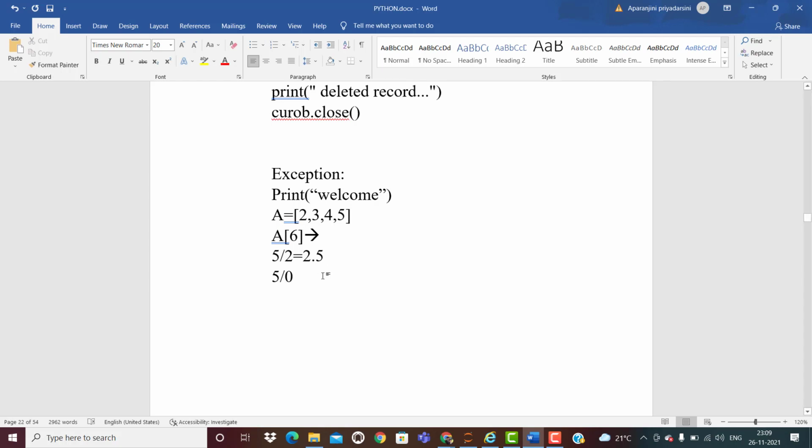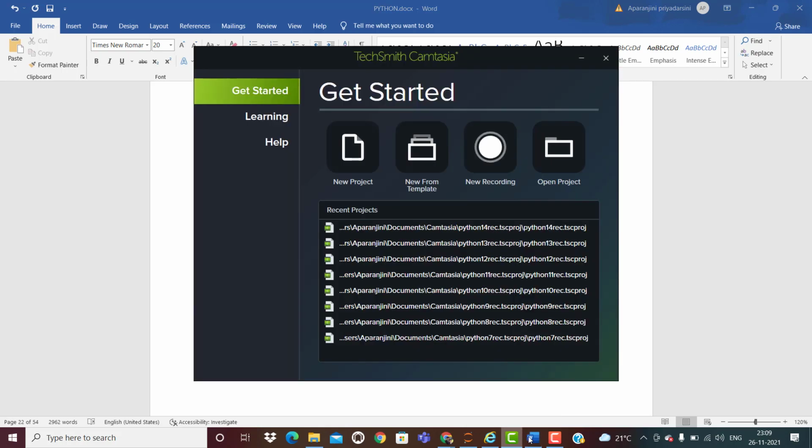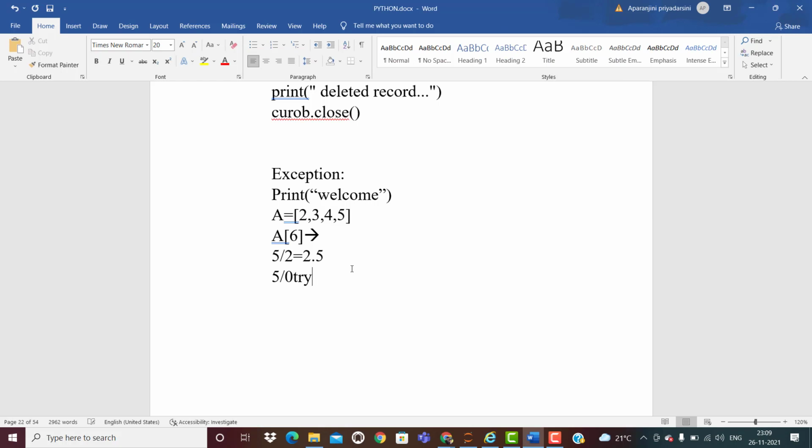So these exceptions we are going to handle with the try and except statements.